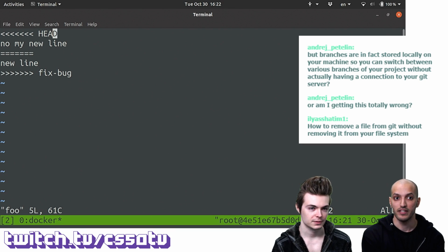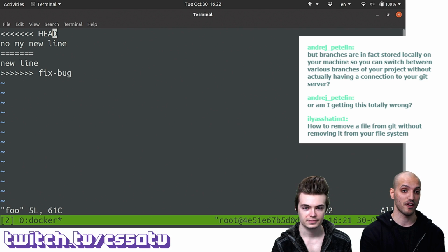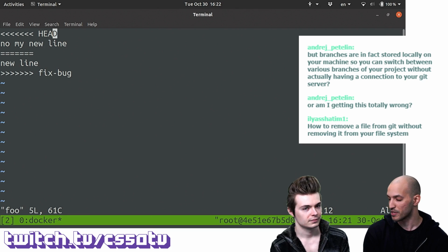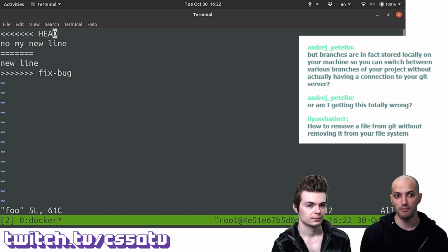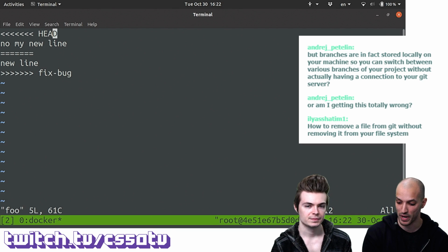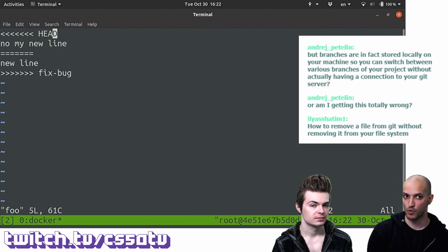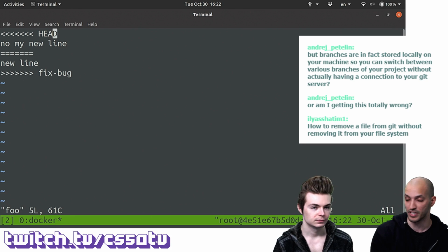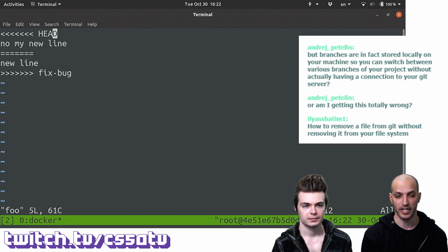I think this is what Andre was alluding to before with the XML. Yes, maybe there is another format where you could output these changes. I think this should be easily machine parsable as well if you want to do this. But the point is not about the format in which these merge conflicts are shown. It's more about Git not being sure which of these to take. If it knew, it would take them easily. But Git doesn't know in this case.